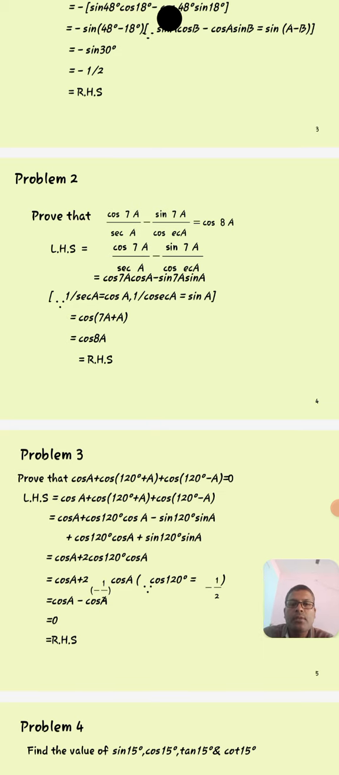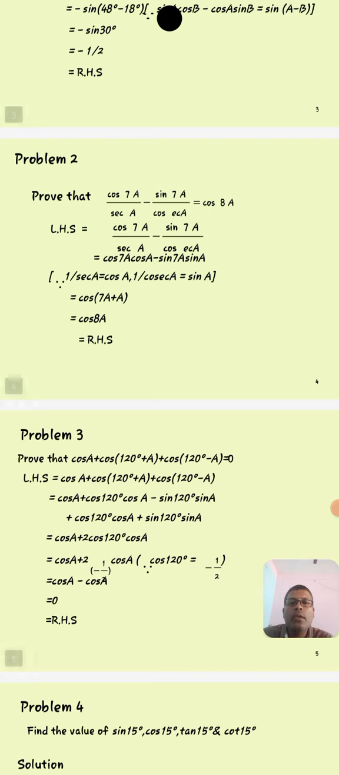So what is the formula here? Cos of a plus b. That is equal to cos of 7a plus a. We get cos 7a plus a is equal to cos 8a. Okay, that is a proof. Once again you listen. Prove that